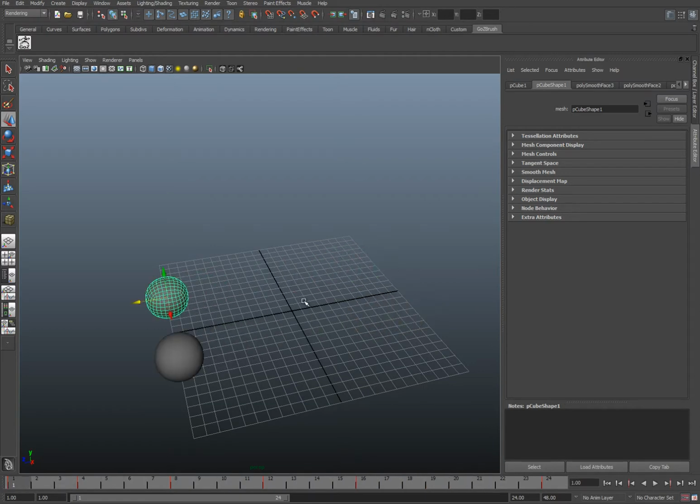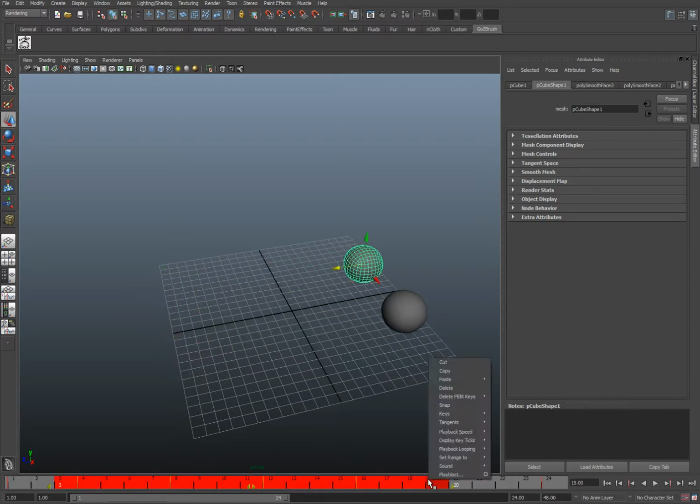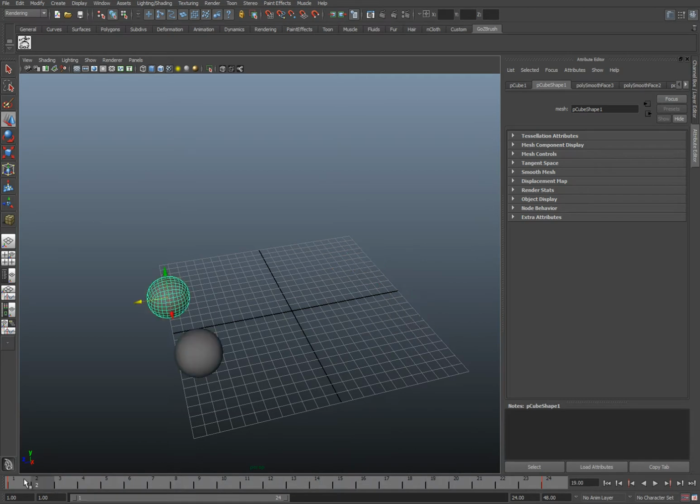So let's talk a little bit about easing in and easing out. When a person moves or a ball is rolled, the ball will ease in, accelerate a little bit, and before it stops, it'll ease out, or slow down. So if I drag out all my middle keys here, and right click and hit delete, I'm going to clean that up a little bit. I'm going to say on 12 I want my ball to be about here. But what I'm going to do on 2